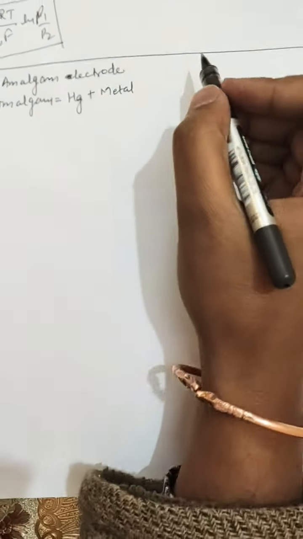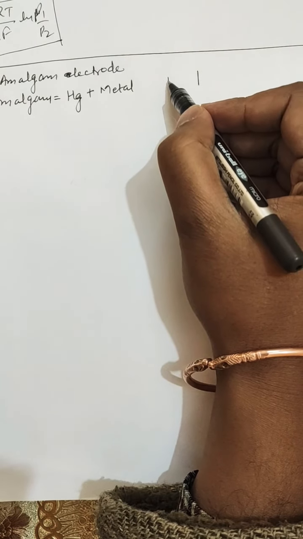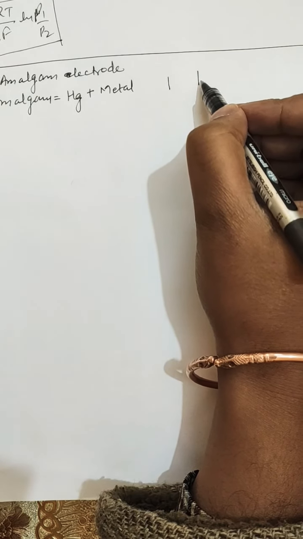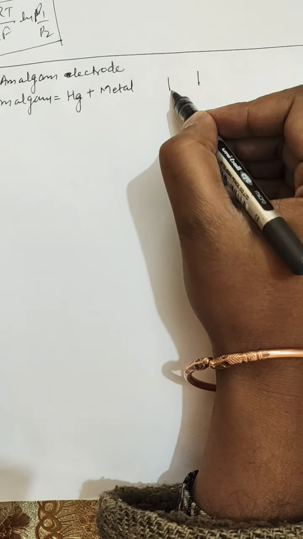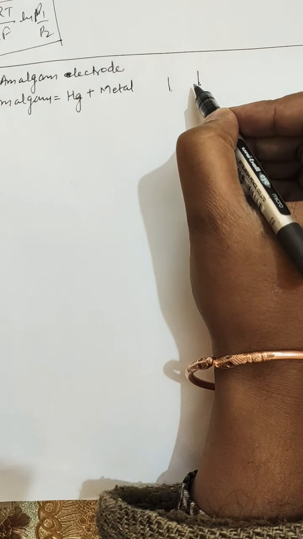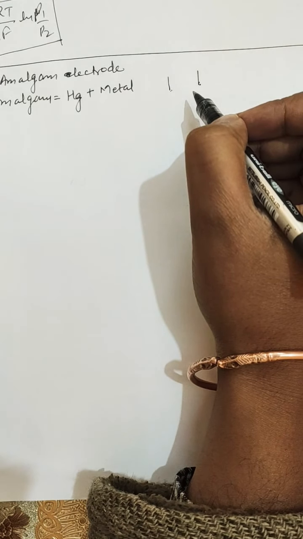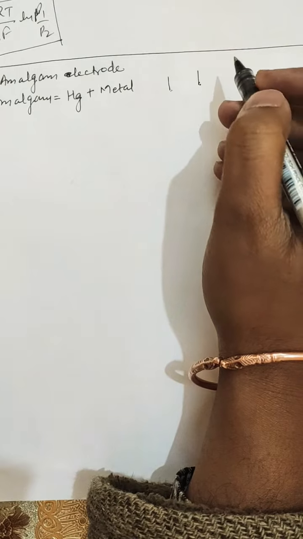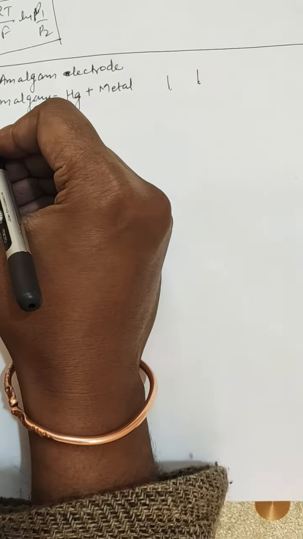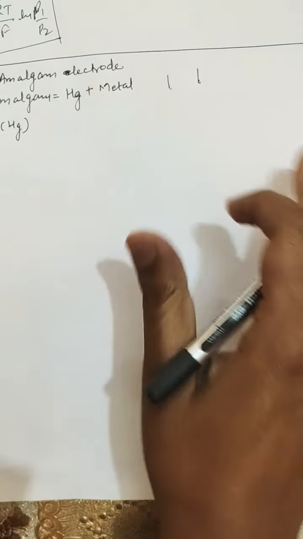So suppose that the cell consists of different electrodes. In these electrodes, a metal amalgam solution mixture is taken in both the electrodes, but the concentration of the metal amalgam is different in both the electrodes, that is on the cathode and on the anode. In the anode there is oxidation, and at the cathode there is a reduction. So a typical example of an amalgam electrode concentration cell is where zinc is mixed with mercury, zinc Hg,